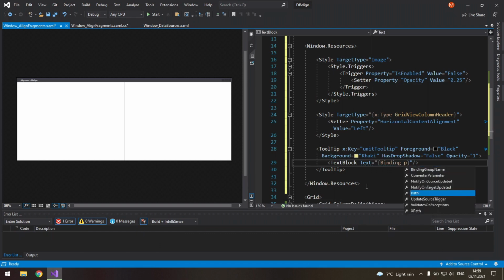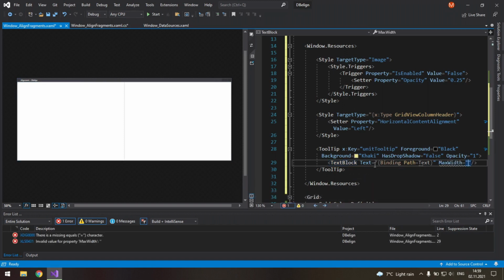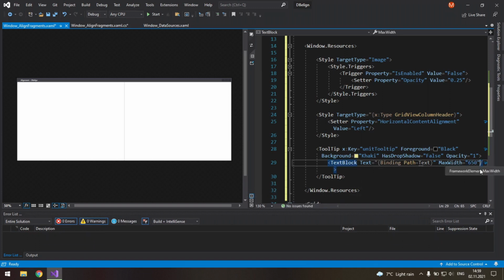Well, it does not exist now, but I will name it later the same text. But we do need to set its max width, because in theory our paragraph can be larger than your screen, and we will need to limit anyway. Let's set max width to, for example, 450. Absolutely necessary, set text wrapping to wrap. And for each object of the special class, this tooltip will display exactly its text property.